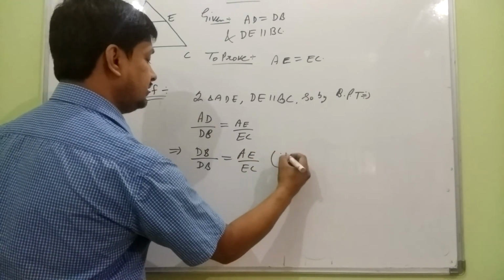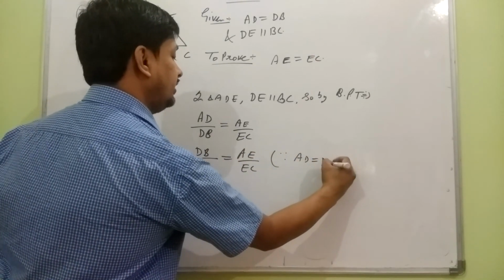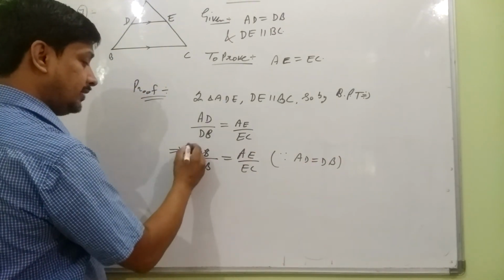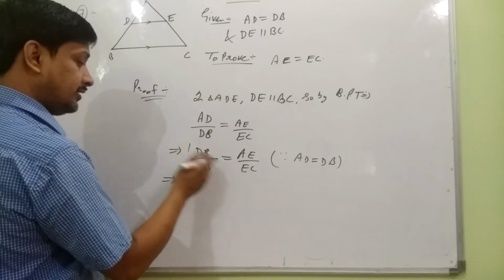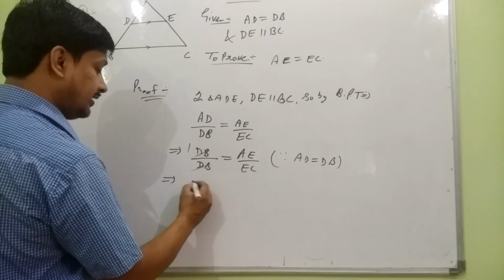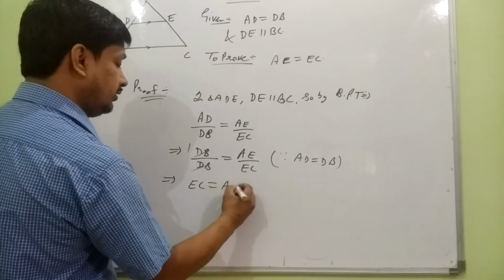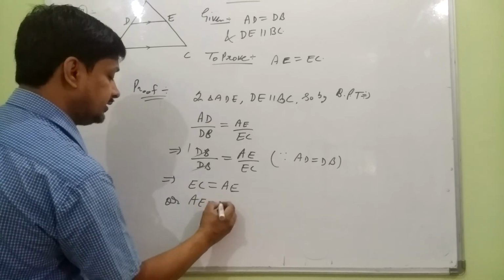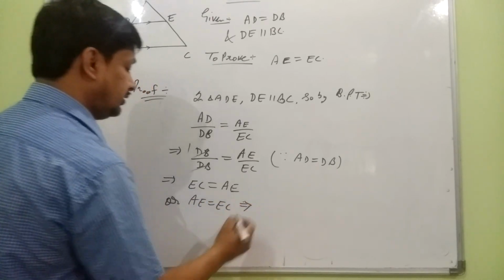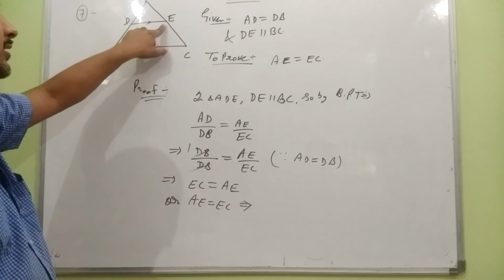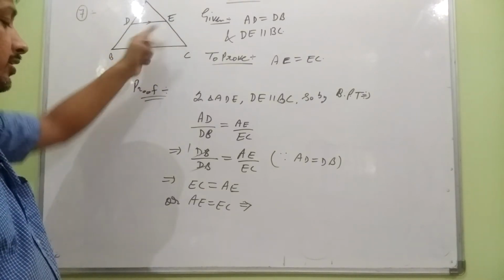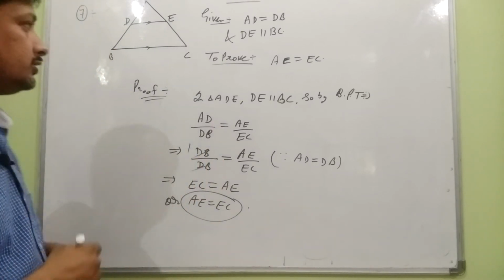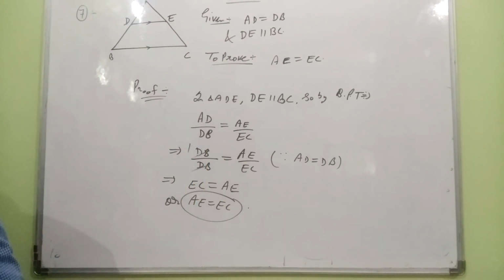So what is the reason? Since AD equal to DB, we have put DB in place of AD here. So DB is cancelled by DB to give 1. Now we can cross multiply it and we are getting AE equal to EC. So what does it conclude? अगर AE, EC के इक्वल है इसका मतलब E इसका मिड पॉइंट है और यही हमें प्रूव करना था. So that's it. You can note down this.